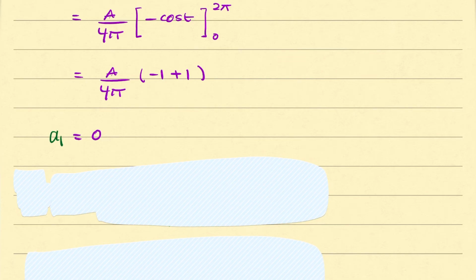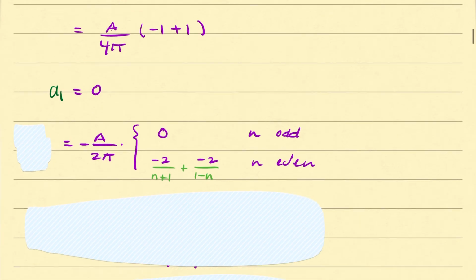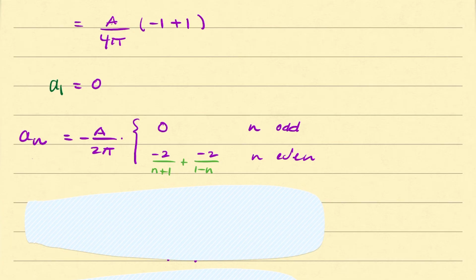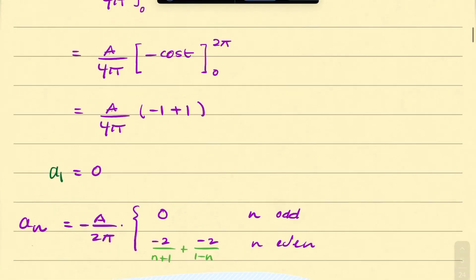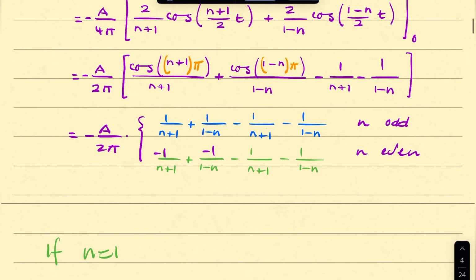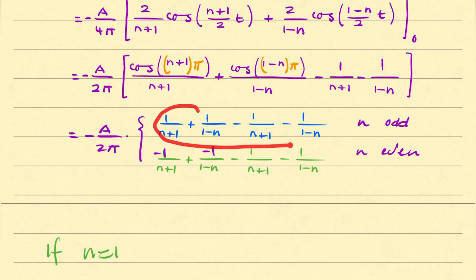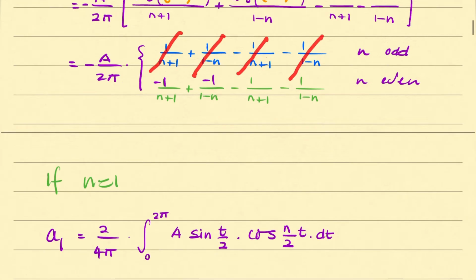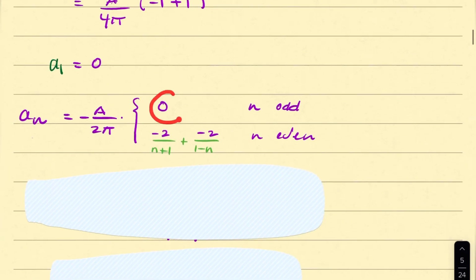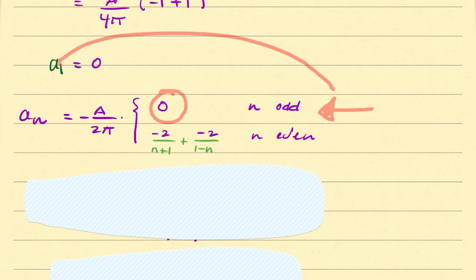That's what we've just found. So now if we go back to our original expression for an, remember up here, our expression for an that we were working on, this cancels with this, and this cancels with that. So you end up with 0 for odd values of n, including 1, and